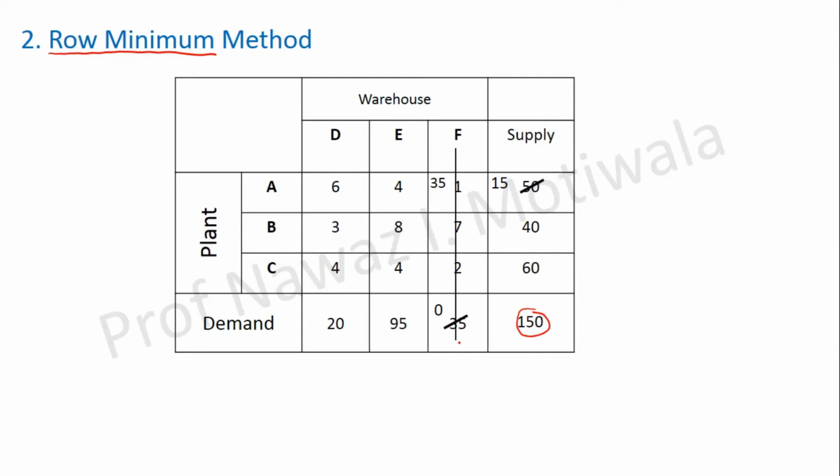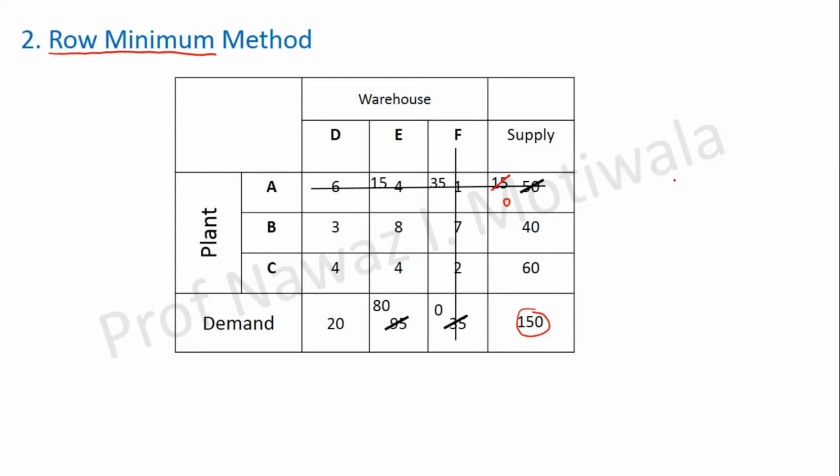Now again go for row minimum. Now tell me what is the row minimum now? Where to allocate? 4. Simple. देखो फर्स्ट रो से ही हमेशा स्टार्ट करना है, तो फर्स्ट रो में ये 6 और 4 बचा हुआ है, और इन दोनों में से मिनिमम 4 है. So next allotment will be here. And how much will be allotted? Supply is 15, demand is 95. So 15 is allotted here. Counter effects: this 95 will become 80 and this 15 will become 0. And because it has become 0, I have cancelled out this entire row.